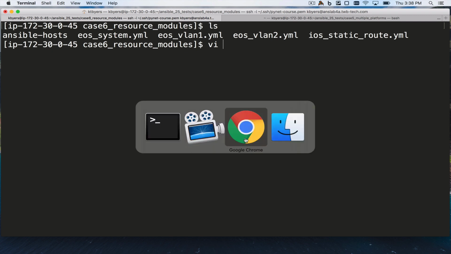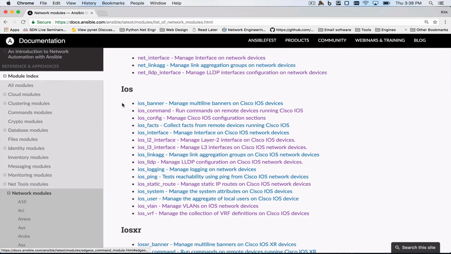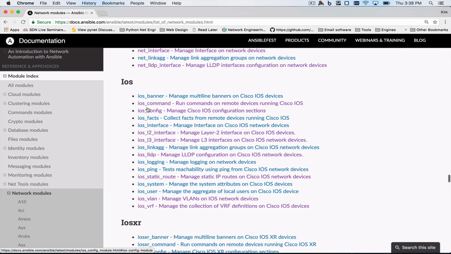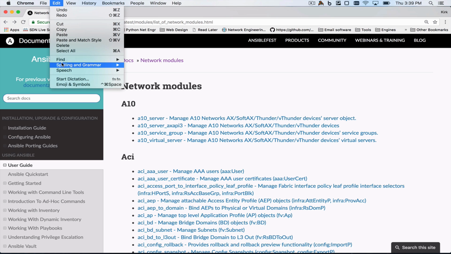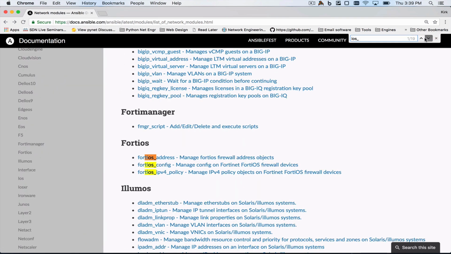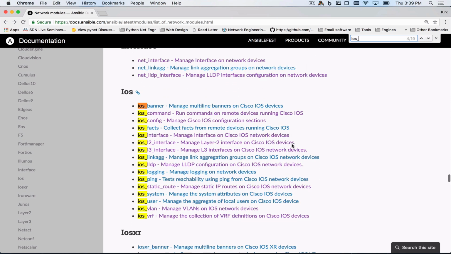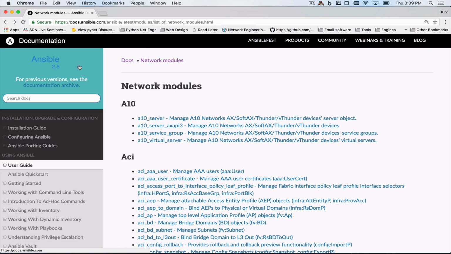If you go and look at the Ansible networking modules, you're going to see a whole bunch of things beyond ios_command, ios_config, and ios_facts. There's now a whole bunch of additional modules like ios_interface. You can see that was added in version 2.4. And if we look at ios_static_route, you can see that was also added in 2.4. So there was a whole bunch of these